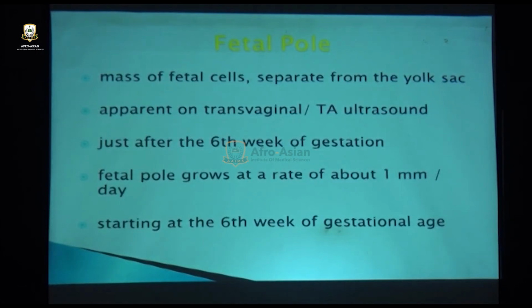Fetal pole, mass of fetal cells separate from yolk sac, apparent on transvaginal ultrasound just after 6 weeks of gestation. Fetal pole grows at a rate of about 1 millimeter. ये typical साफ चीजें, लेकिन हमारा मकसद ये है कि उस gestation sac में if fetal pole is identified तो आपकी pregnancy ठीक जा रही है। ये तीसरा चौथा step आ गया।